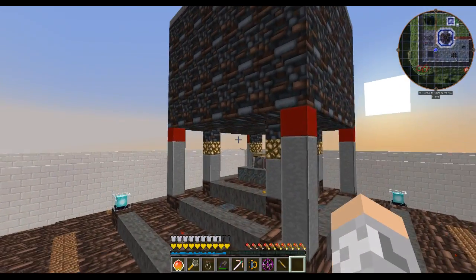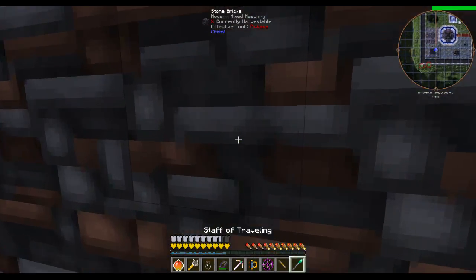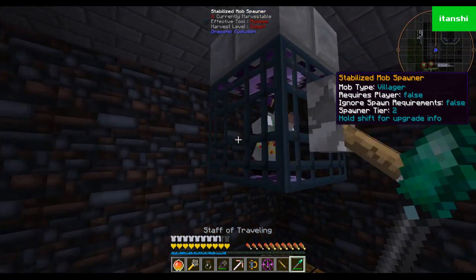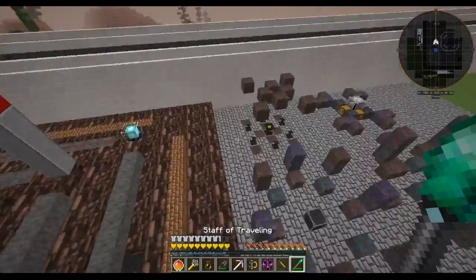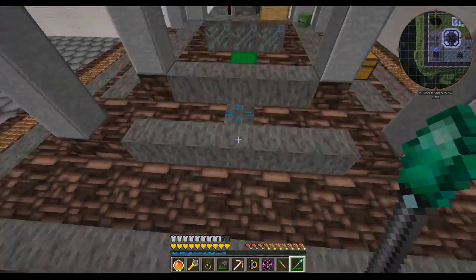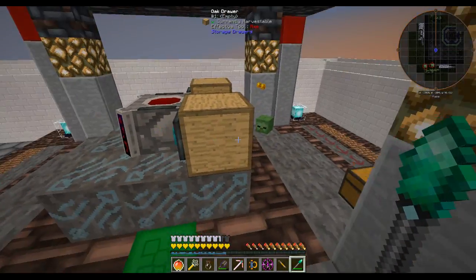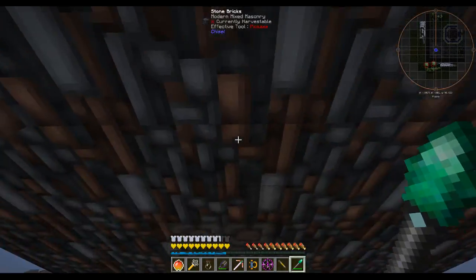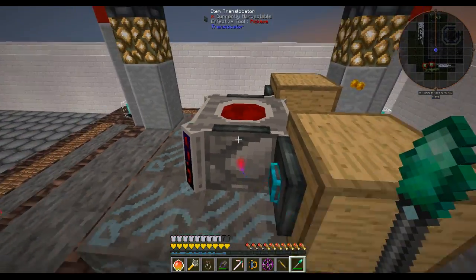So we have the blood magic altar featuring a villager spawner with Draconic Evolution. Just a basic one with a switch. We have the Well of Suffering here. And a trading post here, because why not? Kind of counts as a village, I guess. I've automated it with item translocators, which,